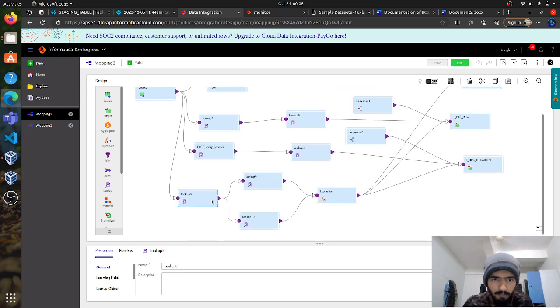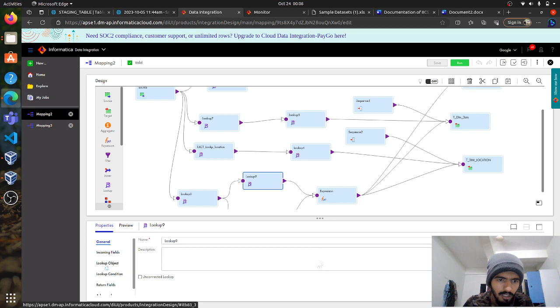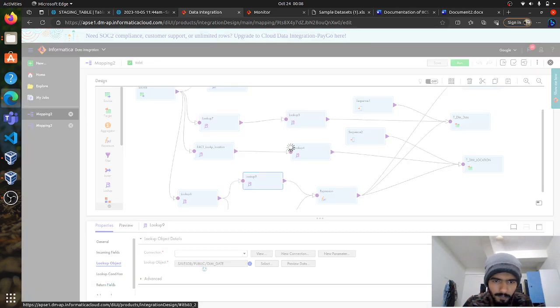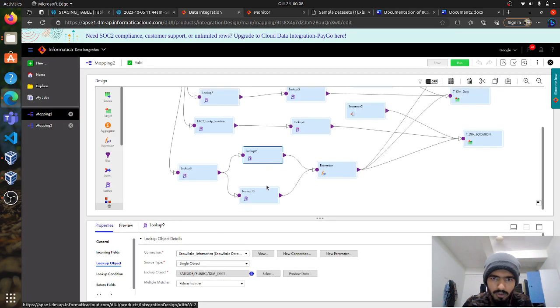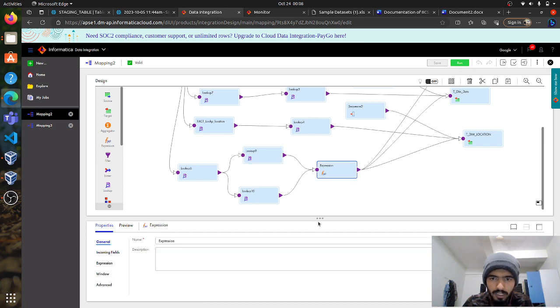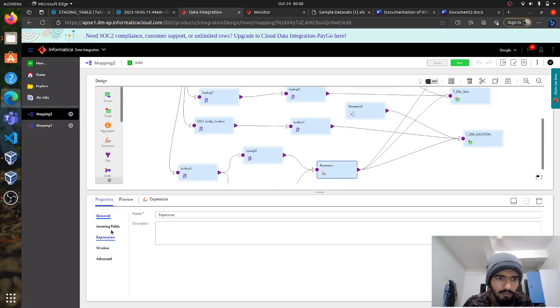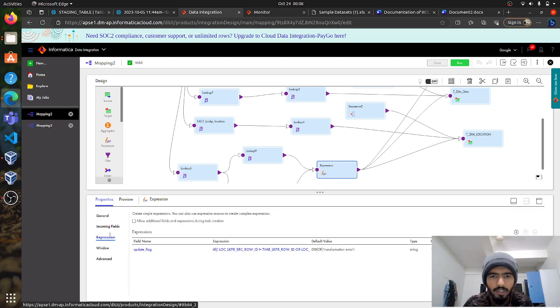Now it goes again to the dimension table, and it's a date time table, as you can see here. So it's a date time table and it's a location table. From here you can see that, as I said, we need to update and insert. These two operations we are going to perform in SCD1. SCD means slowly changing dimension, and here you can see the update flag.